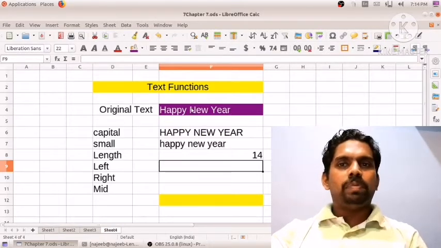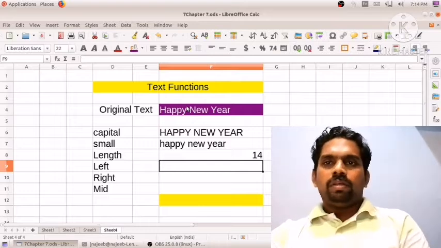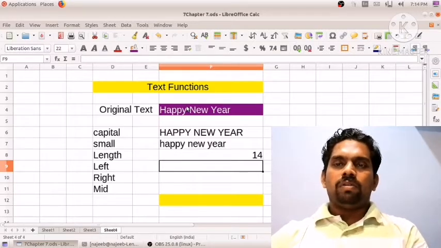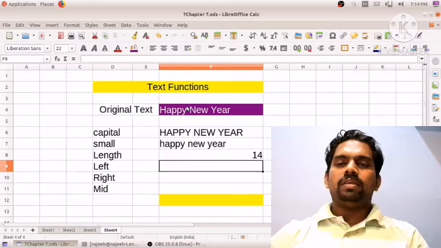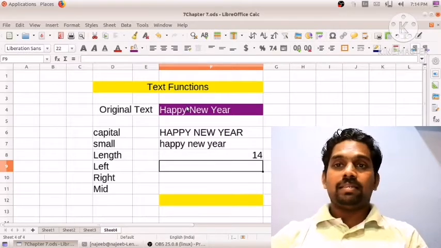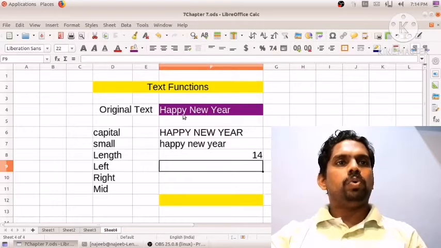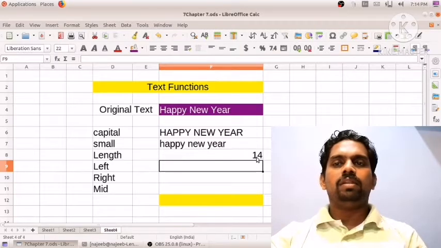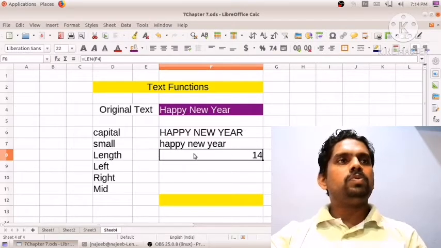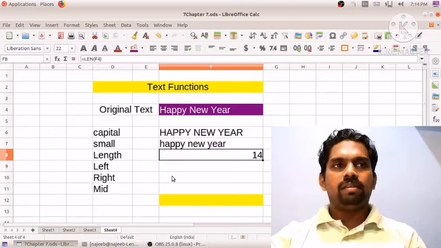So including the spaces, in computer languages, space and underscore, everything is treated as a letter. So in Happy New Year, 12 letters are there as alphabets, and including the spaces 14 characters are there. For that purpose we are using the function len.